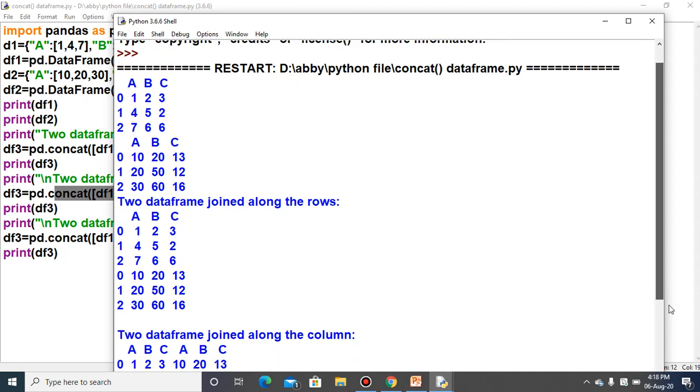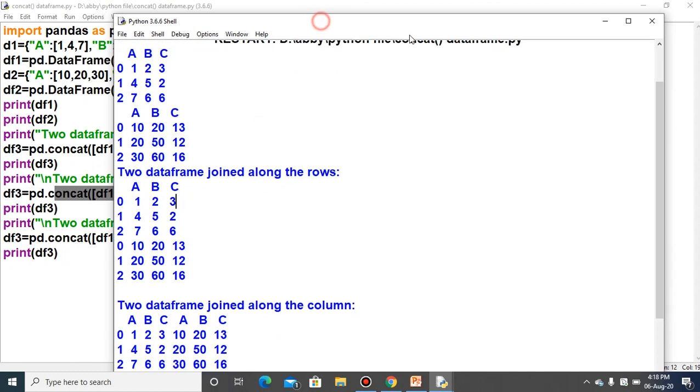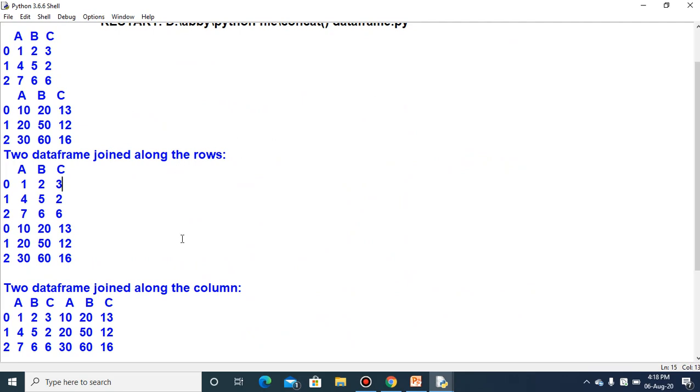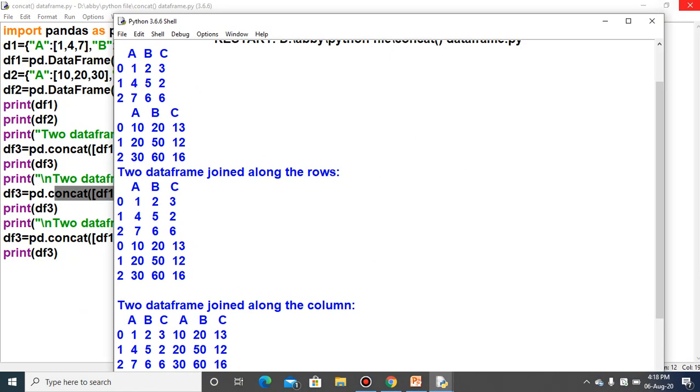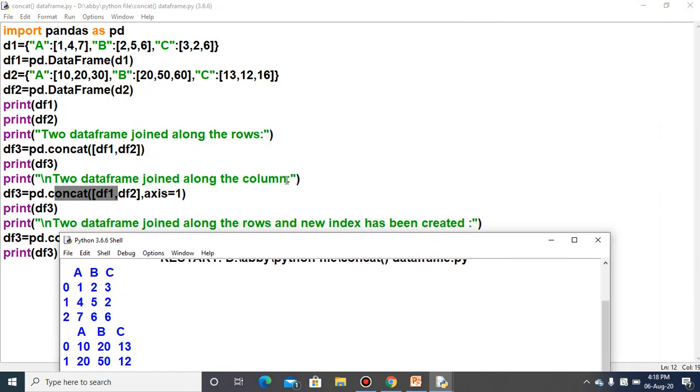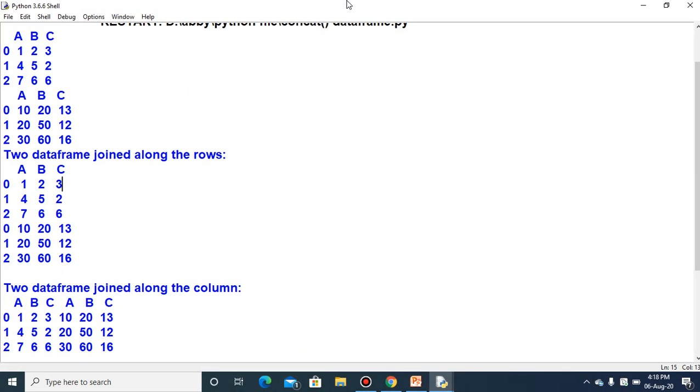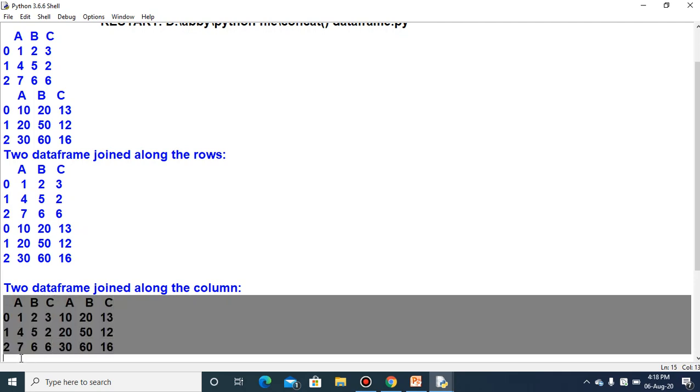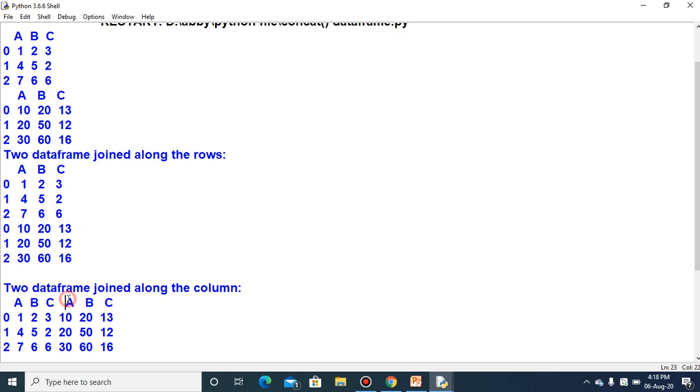In the second case, when you provide axis equal to 1, the two data frames are joined along the columns, and for that you have specified axis equal to 1. Then you can see the output A, B, C, 0, 1, 2, 3, 4, 5, 2, 7, 6: the selected part is the first data frame, and from here the selected part is the second data frame, and both data frames are joined together along the columns.